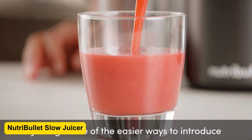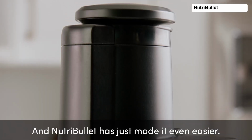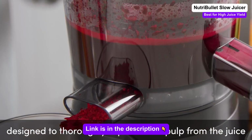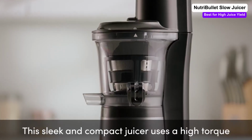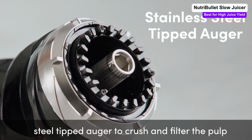Meet the NutriBullet Slow Juicer, a compact powerhouse that punches way above its weight. Don't let its size fool you. This juicer is built for major juice extraction. Its wide 3-inch feed chute swallows whole fruits and veggies, while the high-torque, low-speed motor squeezes every last drop of